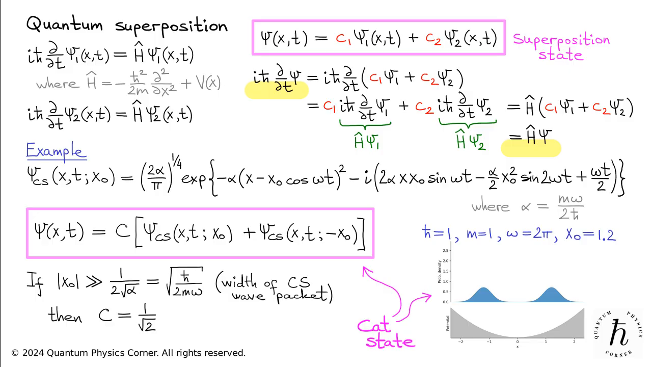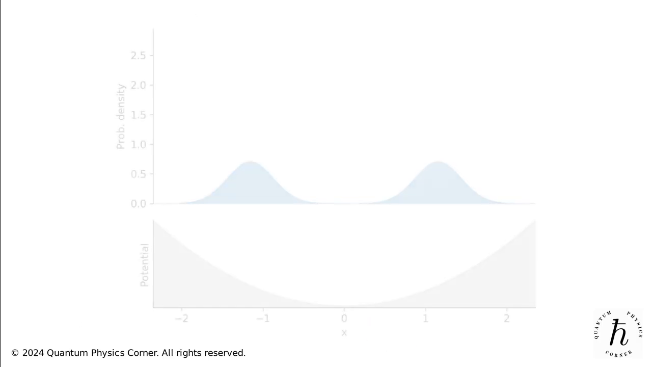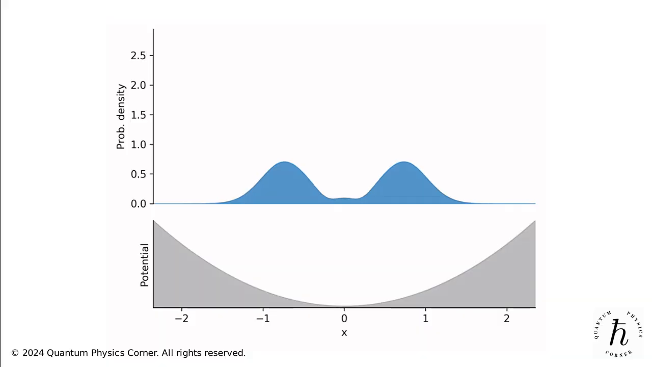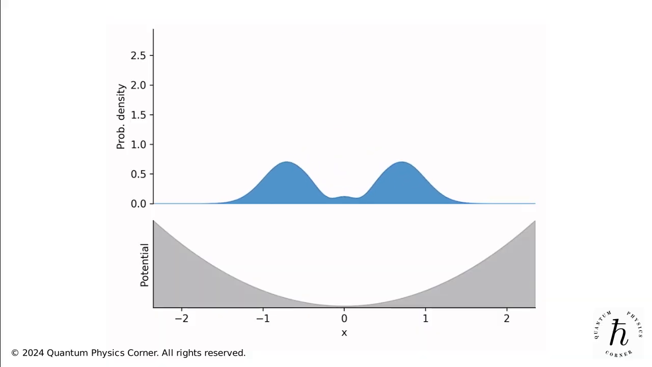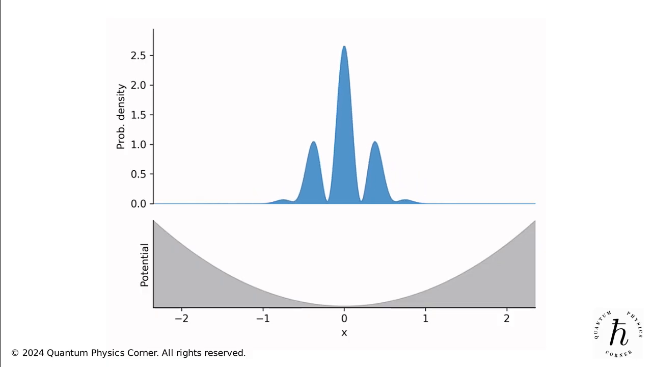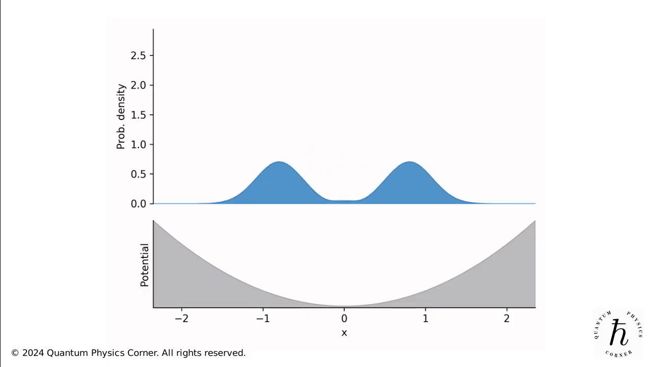Now, let's allow time to progress and observe how the probability density of the state evolves. We observe that, as the two coherent states approach each other, they begin to interfere, forming a structure with multiple peaks. Subsequently, they separate, and the individual Gaussian packets re-emerge. These oscillations continue indefinitely,